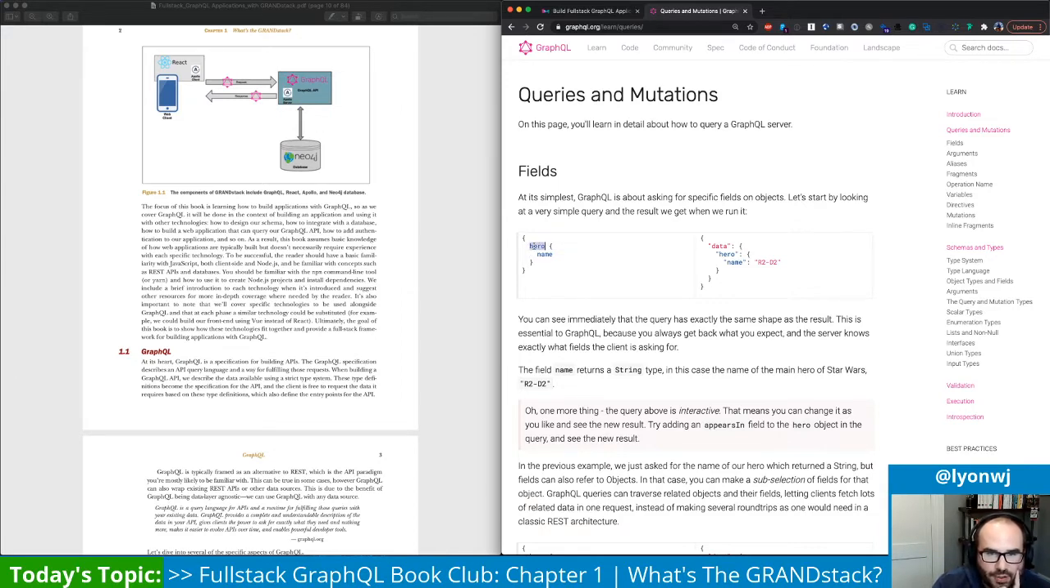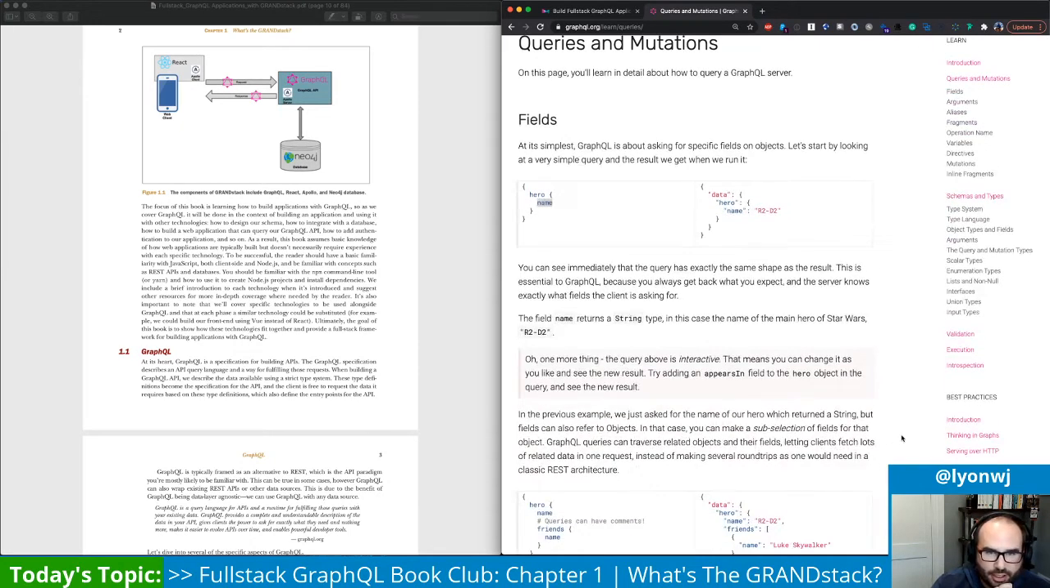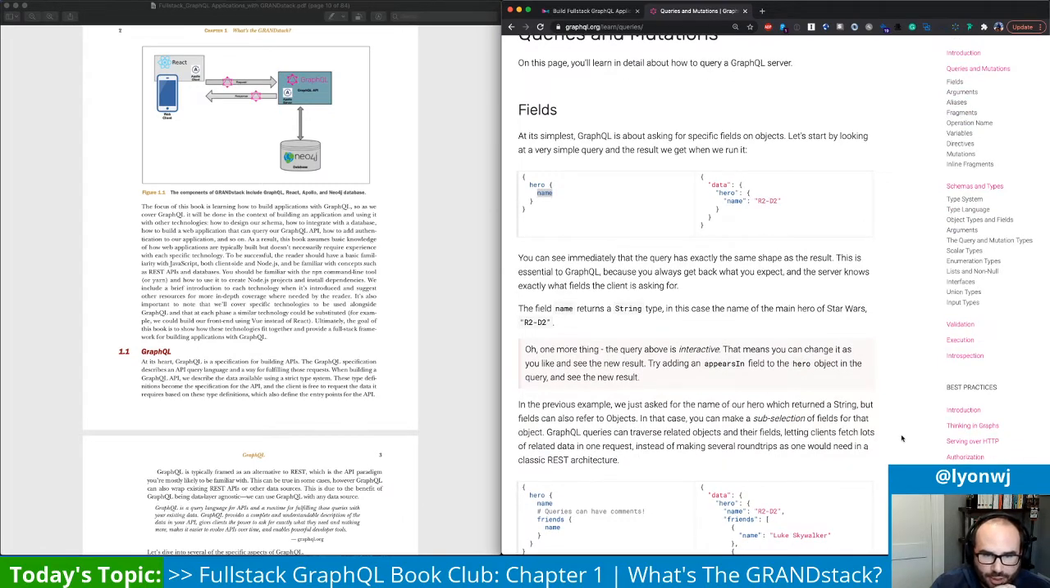So hero, in this case, is mapping to what's called a query field. There's a query type that has fields, and you can think of fields as like a property on an object. Here we're saying start at the hero query field and then find the name and return that. So fields are kind of like the building block,